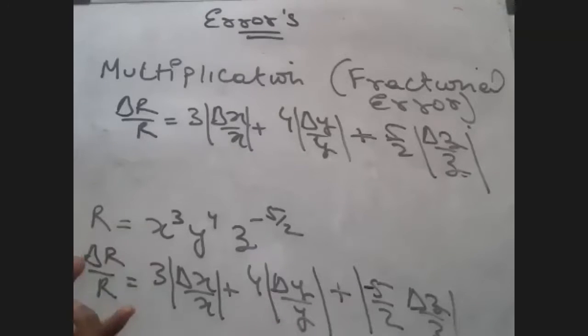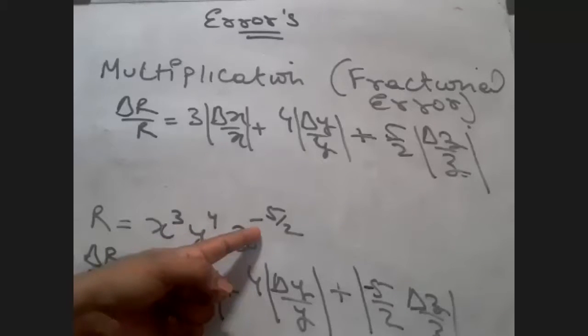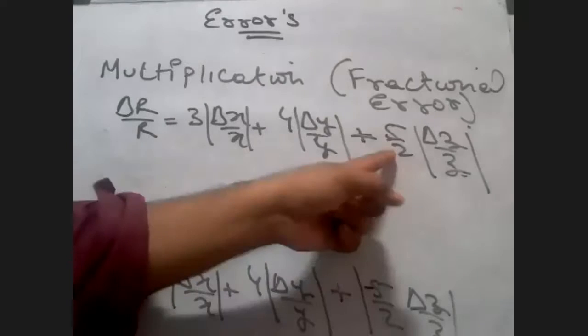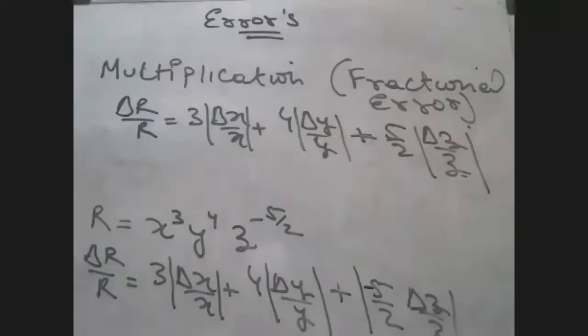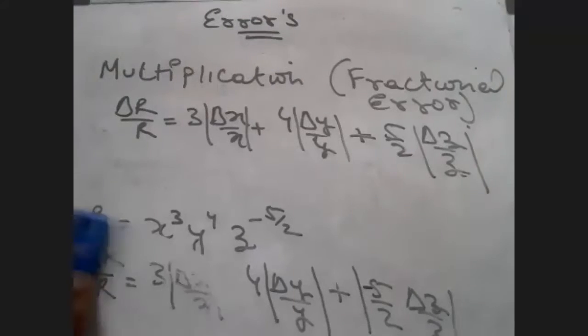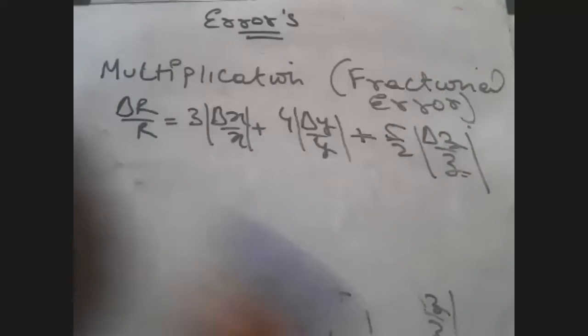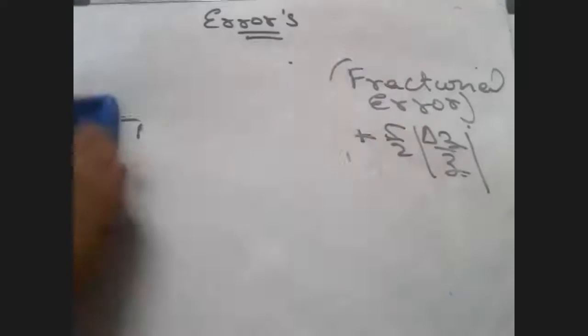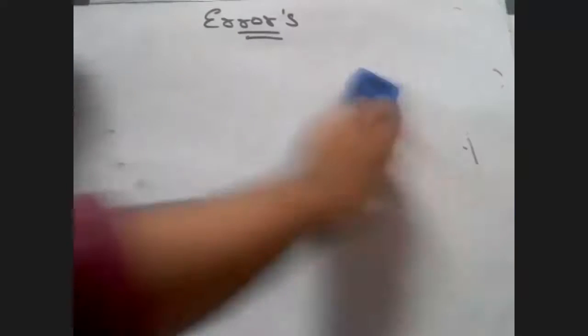Another way of thinking of it is basically errors always get added. They will not subtract. So even though it is raised to a minus 5 by 2 component, even though it is raised to this exponent here, we will be taking the positive value of that. Okay, everyone clear? Let's look at the next example. Next example, students, is division. Just now actually I had done division also, but look here.